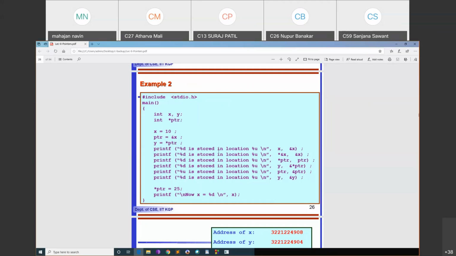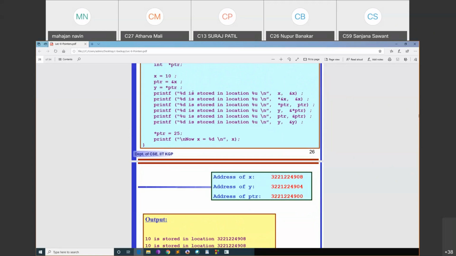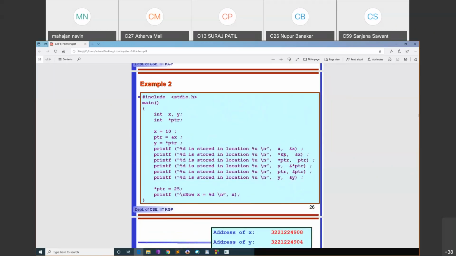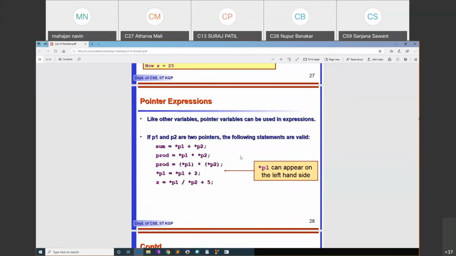Now what will happen? Percentage is stored. If you run this, it will give some value. Say the result: the address of x is stored somewhere, but the content is not stored. The content is 10 here. Whether it's x, whether it's ptr, *ptr, or y, everyone is having the value 10. See, this 10 is stored here somewhere.